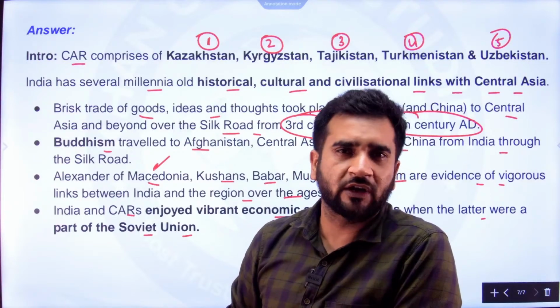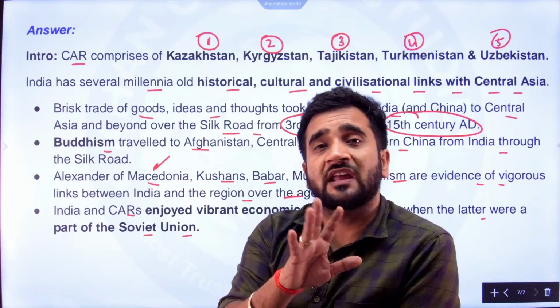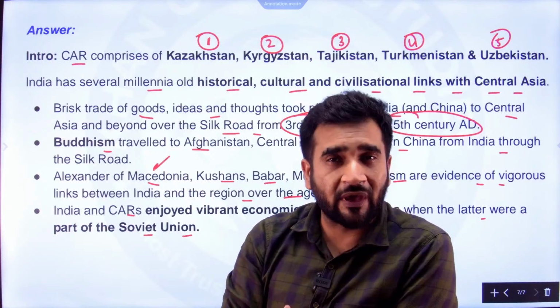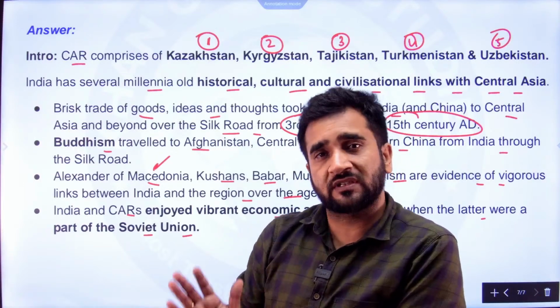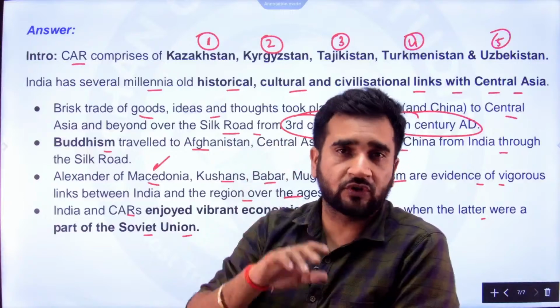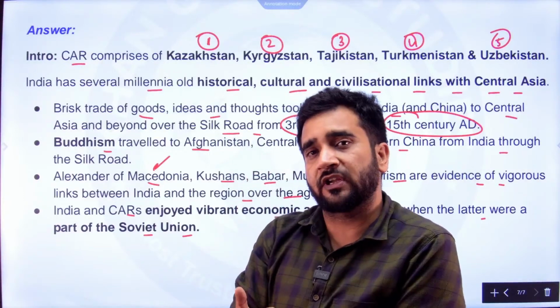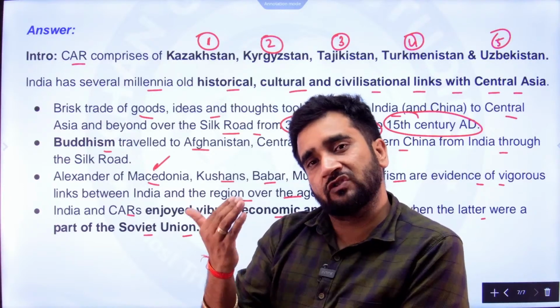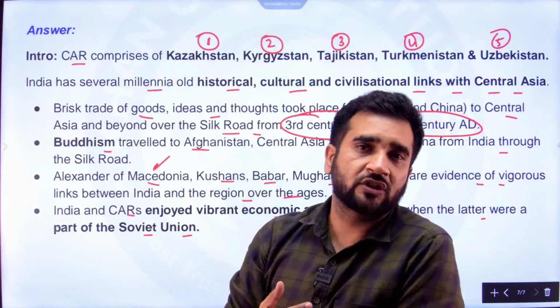So these stans were part of it. And you know what? These stans were not willing that USSR gets disintegrated, primarily because of their landlocked nature. Because as part of USSR, they were having access to all weather ports. So they were doing good business, but now they were independent countries and they had to establish relations with those countries which were having access to ports. And that is why probably their relations with Russia is good.